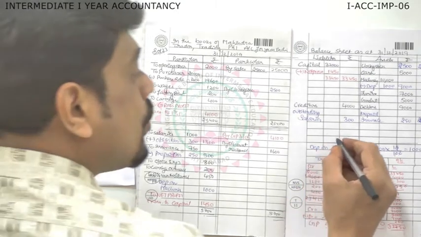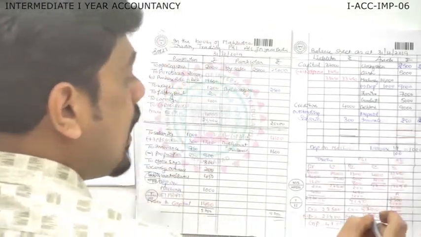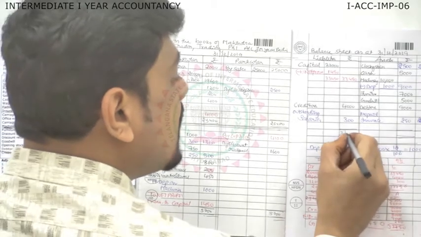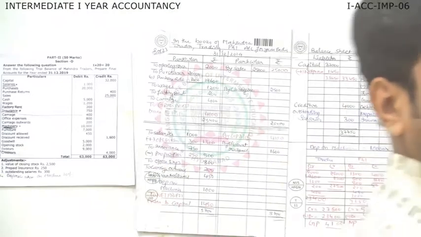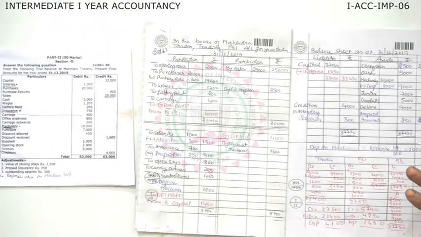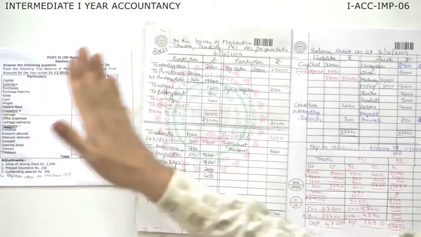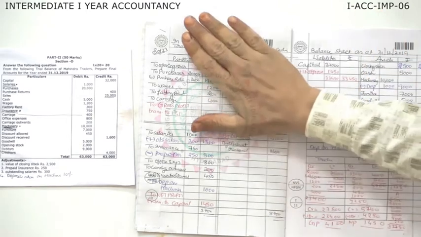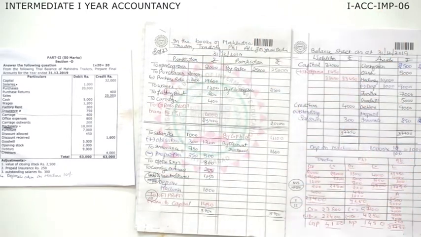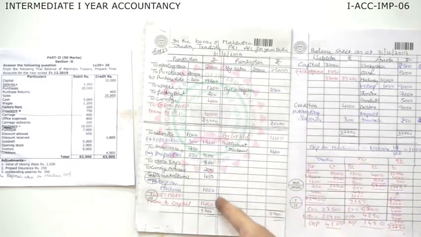And in the end, you can come to the balance sheet, close the amount column and write 37,750 on both the sides. This is how you will have your question paper in the hand and your answer booklet, dear. Always keep in mind to do the solutions in this pattern. Whenever you do final accounts, try to do it in a two-sided page.